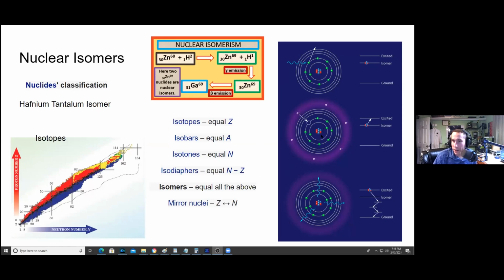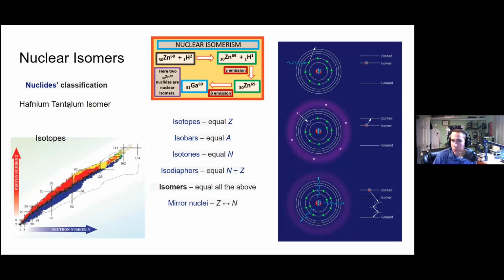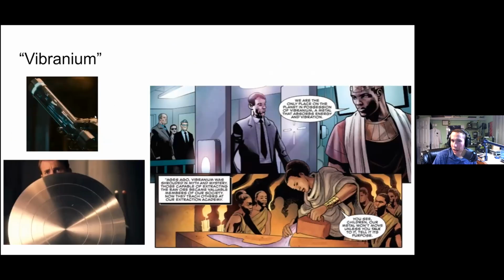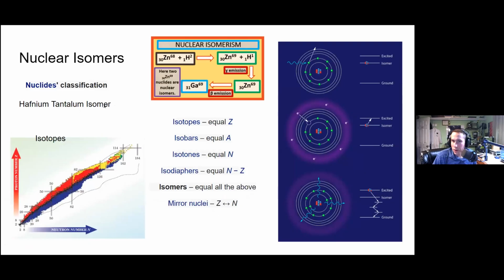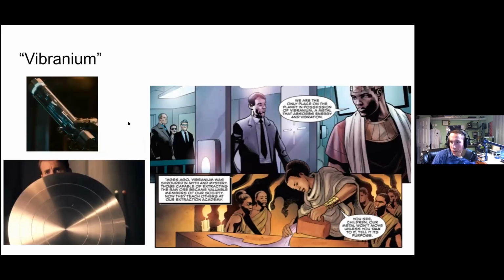of nuclei and ways to change these nuclei around based on energy levels, and there's one that's an isomer that we know of. The lowest one we know of is actually the hafnium tantalum isomer, and that one is the lowest stable one, and it actually switches between hafnium and tantalum. It will go back and forth because the numbers switch around. They can switch around, so they stay equal, but they interchange in a way. So we have nuclear isomers.